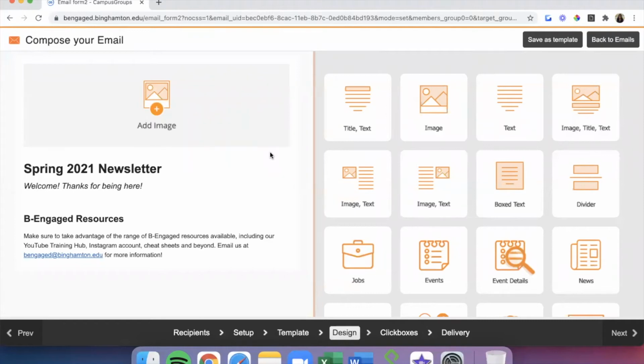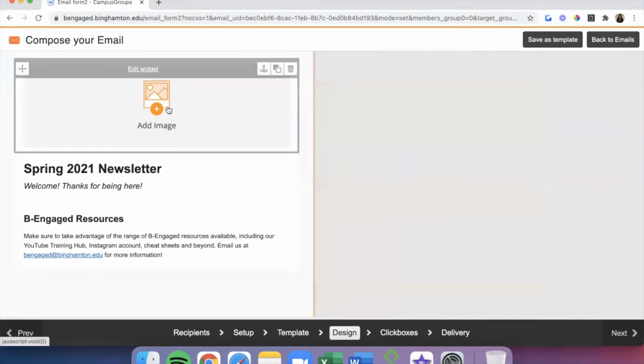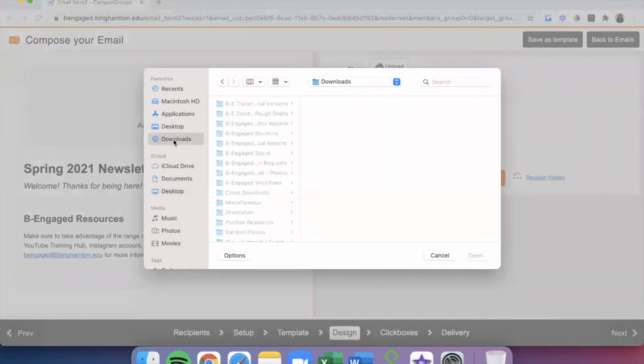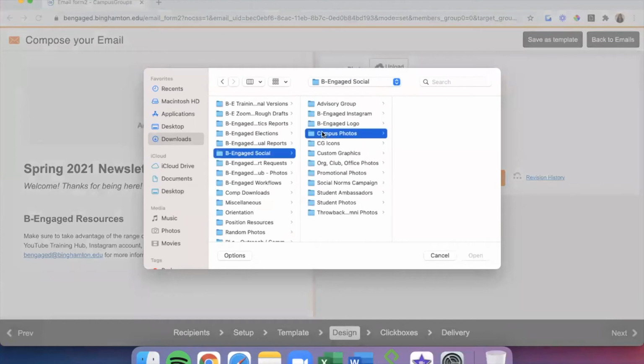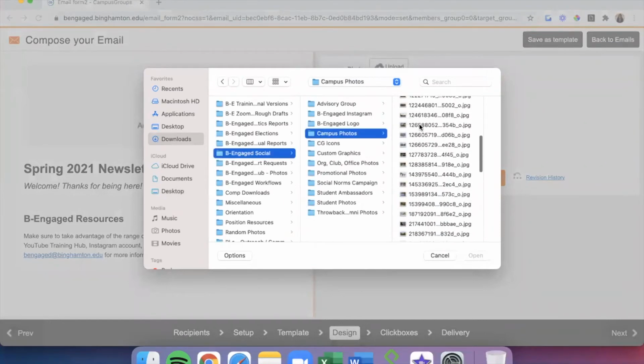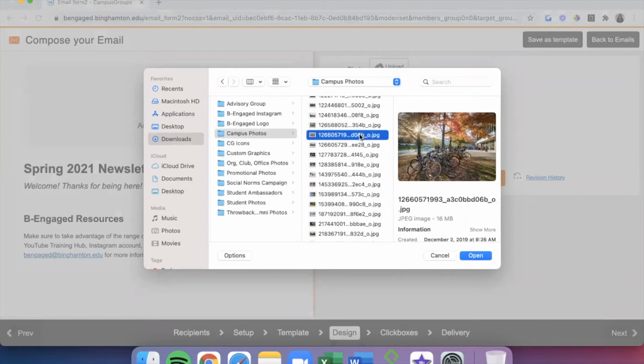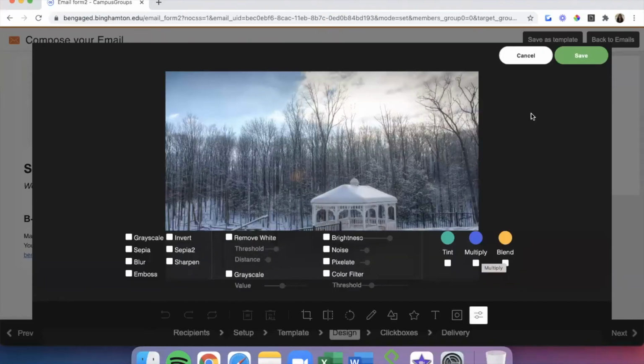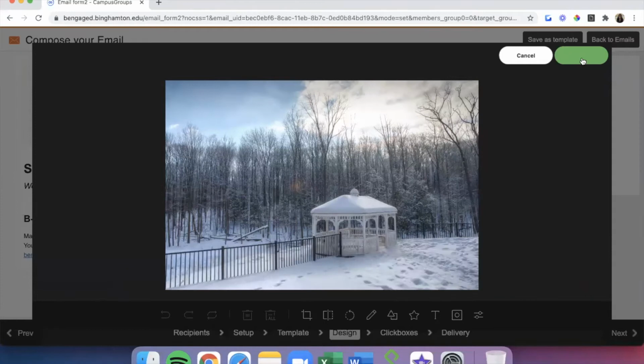Depending on the template you chose, you'll have the ability to upload photos to the appropriate sections of your template. To do that, you'll click that section, click the Upload button, find the image that you want to upload, click Open, click Save at the top in the editor, and click Save again.